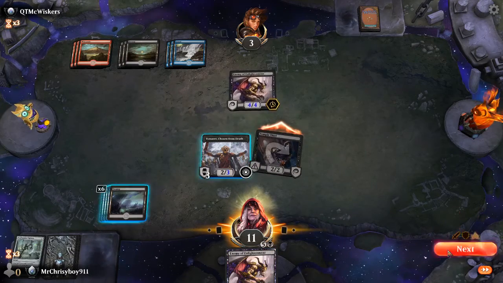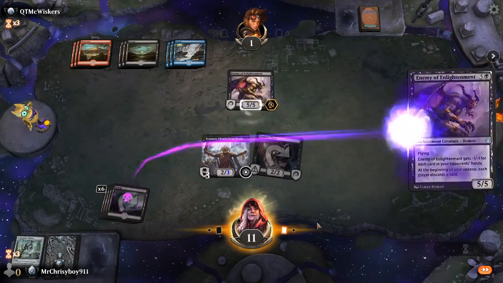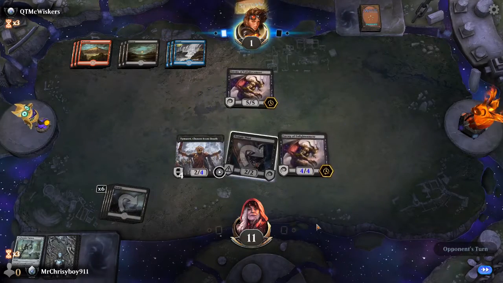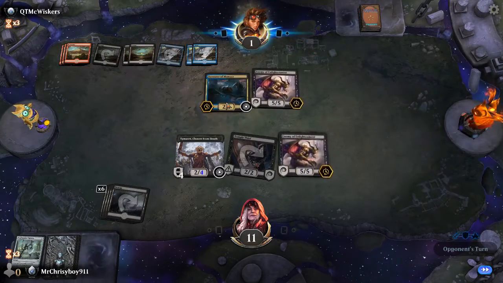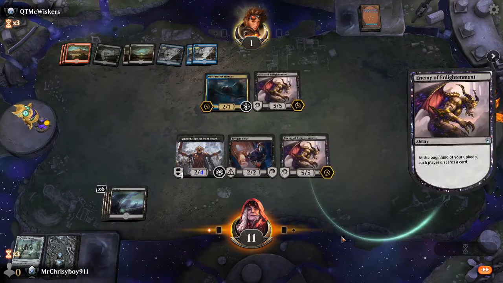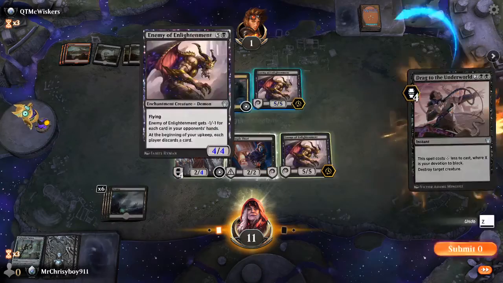But look who it is. We drew our own. And at this point, obviously we've won. I mean, I say obviously, he could obviously wipe the board, but I'm saying obviously a lot right there. And he just plays a Devourer of Memory, but obviously that's not enough, and we win the game thanks to our good old